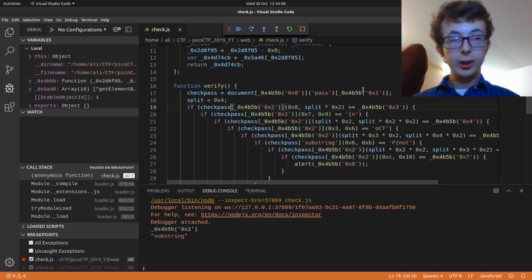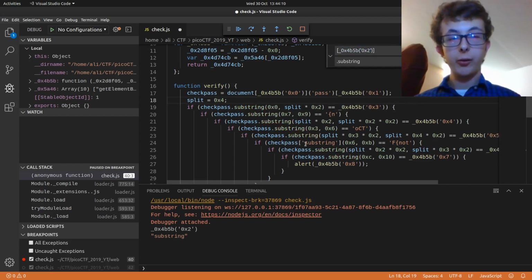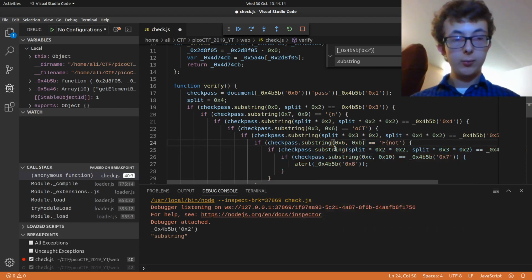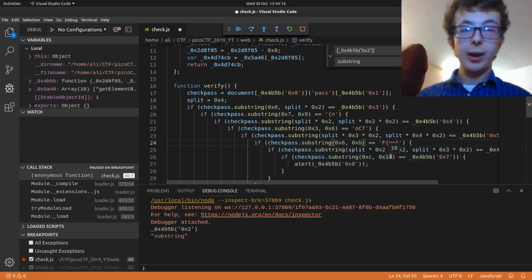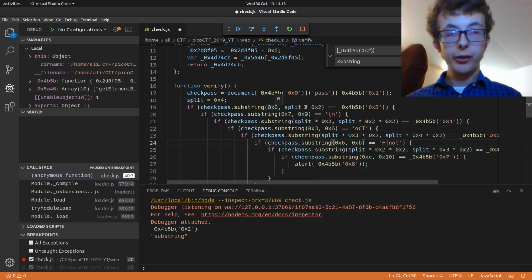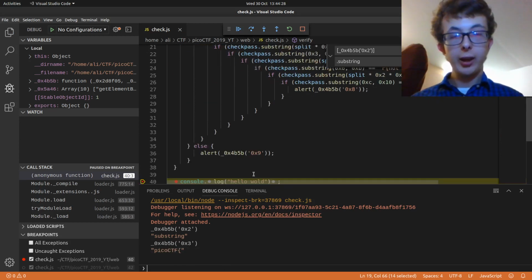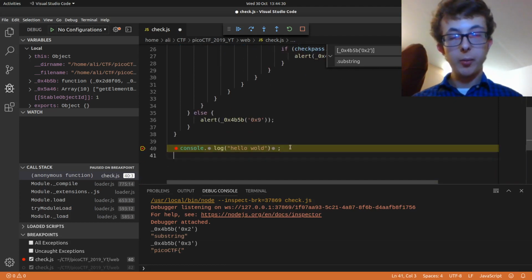So we can replace all of those instances with substring, and we can do the same here. And that gives us that. So now we can see checkpass.substring from 0 to 8 needs to be equal to this. So we can do that, and that's picoCTF. So we're building up our flag bit by bit, picoCTF,